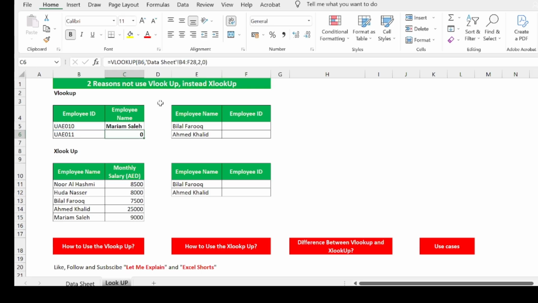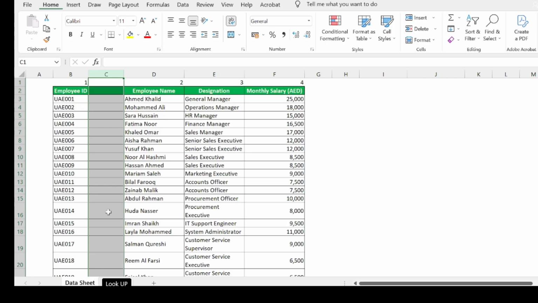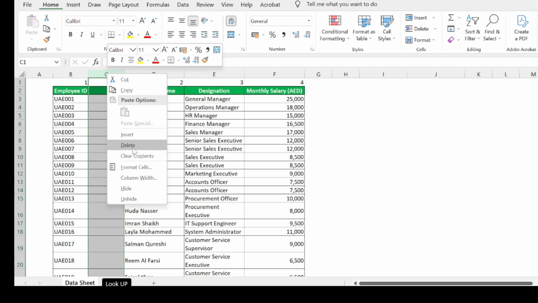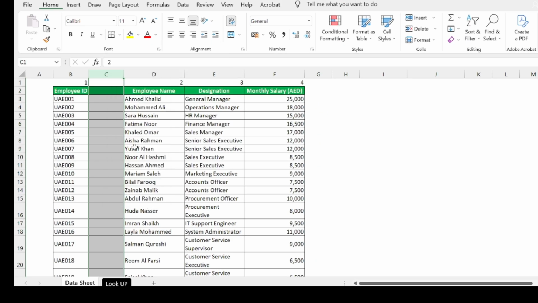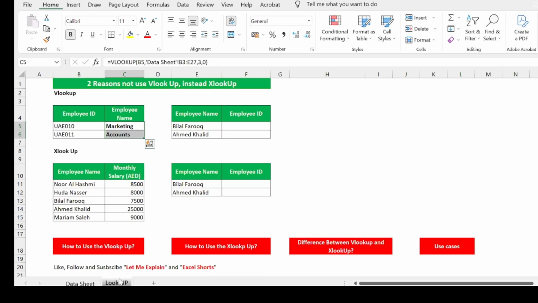And enter. Now I will find the corresponding information, but again, say I changed my mind. I'll delete the entire column, and then let's see what happens. So it brings up the wrong information. It brings up the designation of the employee, which I don't want. So it's not recommended to use the VLOOKUP in case you're expecting to change the columns or the order of